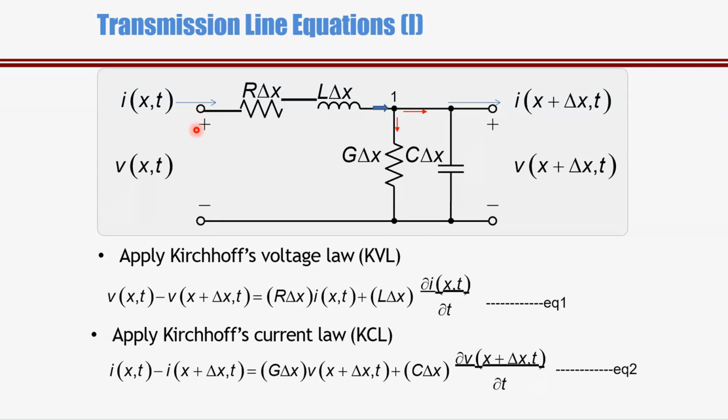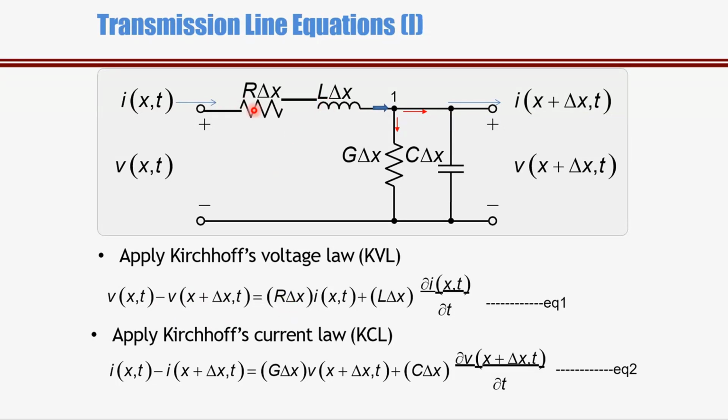First, V at the sending side, V x comma t, is the applied voltage, and this is the available voltage at the receiving end. So V x comma t minus, because we are going towards the negative sign here, so we have to take minus V in bracket x plus delta x comma t is equal to,